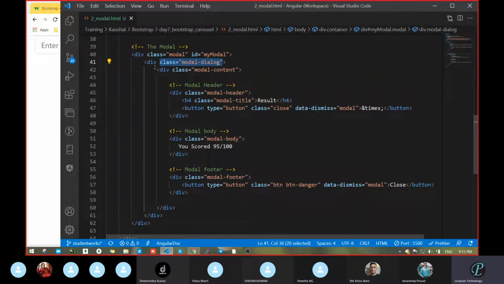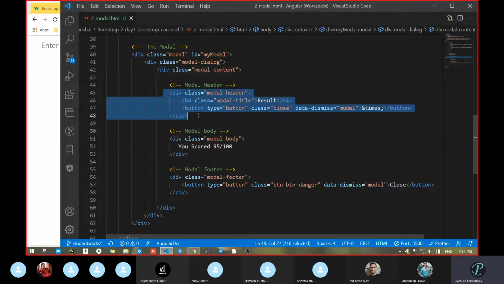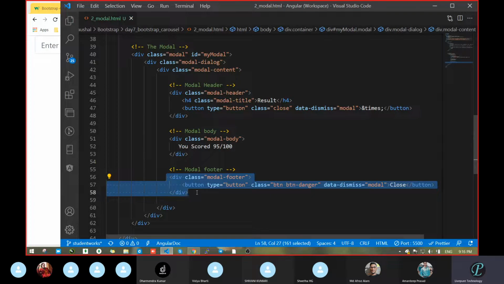Fine. Next class we had taken, see the div section itself. This one we took modal-content. Inside modal-content there are three sections. One is the modal header. See, the class is modal-header. Next is the body and the next is the footer. Like which one, where we had used header, body, footer? Table, sir. Body, sir. Table, fine. Others in Bootstrap. Yeah, sir, the card is there, no, sir. Card, fine. Card, then one more. Table.